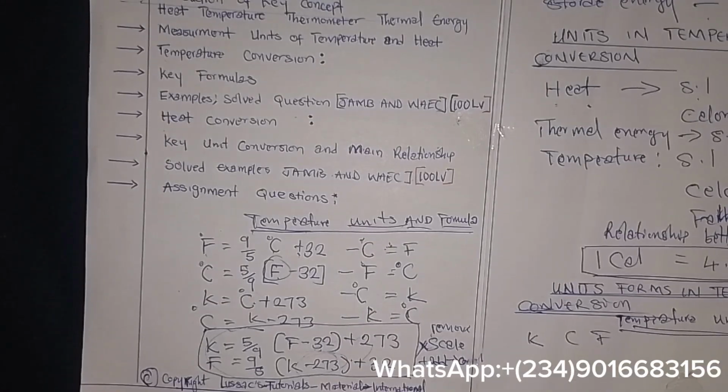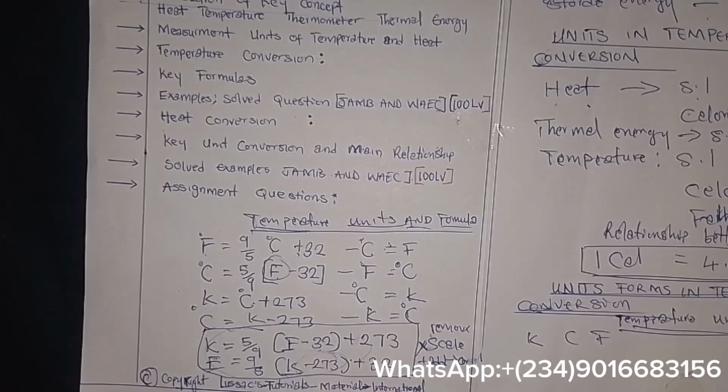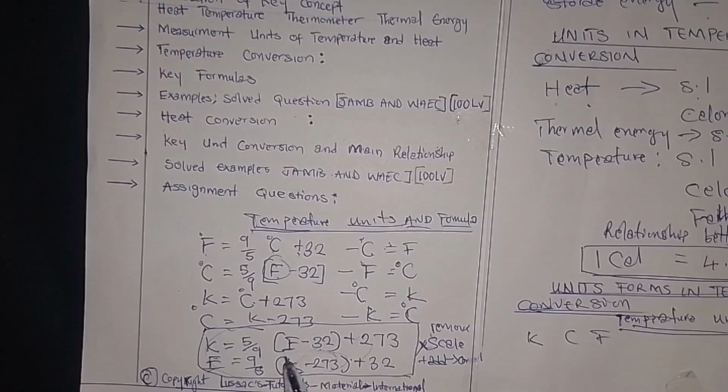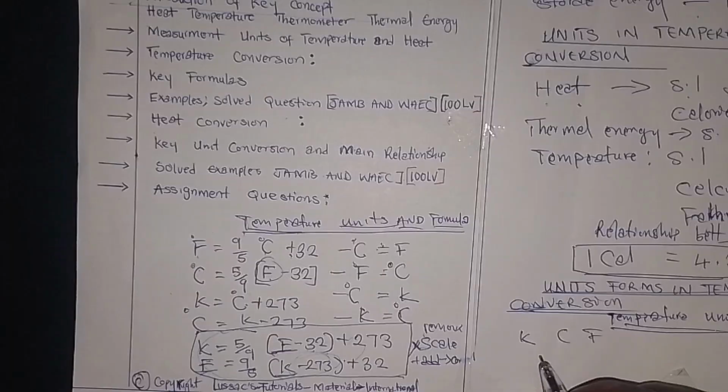What do I mean? There's something that always happens. If you are given degrees Fahrenheit to find Kelvin, or you are given Kelvin to find degrees Fahrenheit, you must first note that the Fahrenheit must first come to something I call